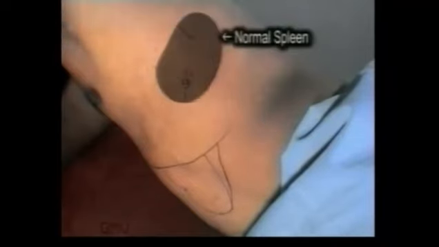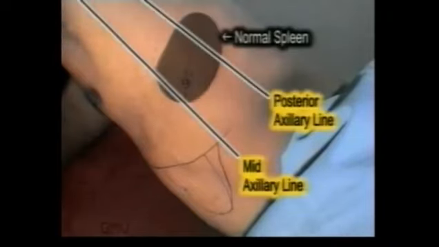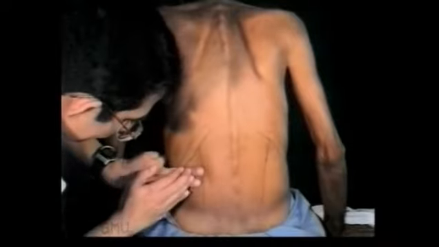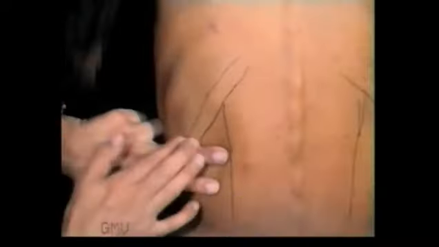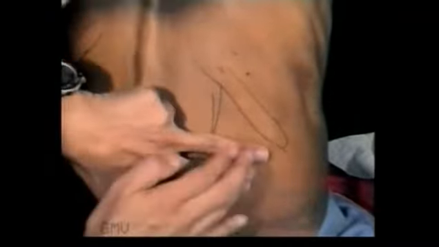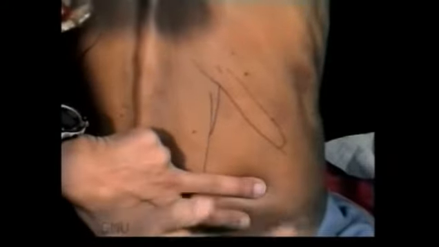Then percuss for spleen in the left 9th intercostal space from the posterior axillary line forwards. If spleen is enlarged, the dullness will extend beyond the mid-axillary line. If a renal lump is suspected, percuss posteriorly in the loin just lateral to the erector spinae. Normally, this area is resonant due to the presence of the colon. If the kidney is enlarged, the note will become dull, but in other lumps like spleen, it remains resonant.